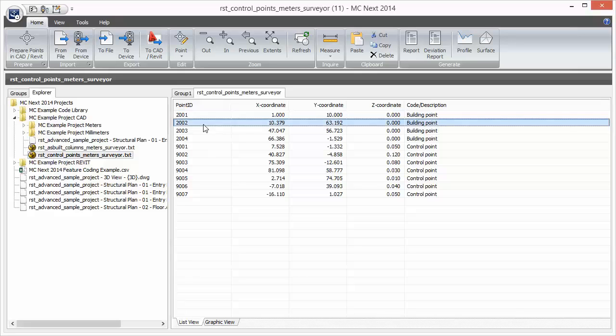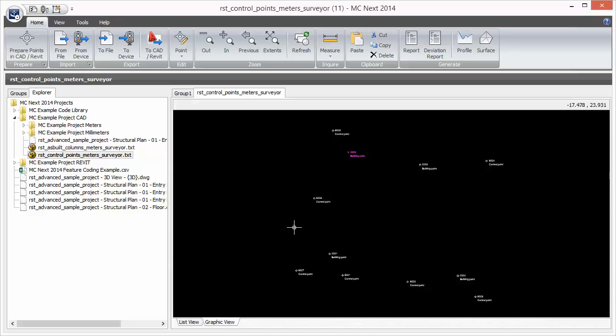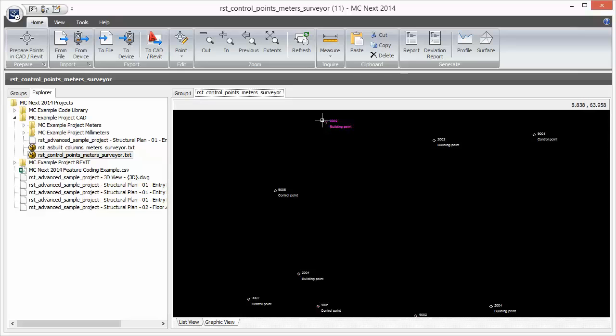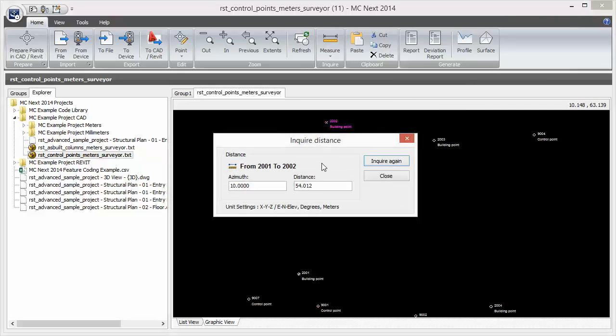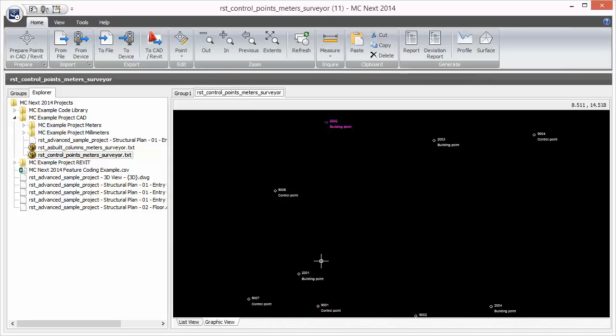These coordinates we're going to use in a minute, but let us also take a look at the total distance and true north between these two reference points. So we'll go to the graphic view, and we see here 2001 and 2002. So we're going to inquire the distance, 2001 and 2002. And we see here that the distance between the two reference points is slightly larger when you compare it with the design, 3 millimeters in total, and the azimuth or true north is 10 degrees off. So we go back to CAD,